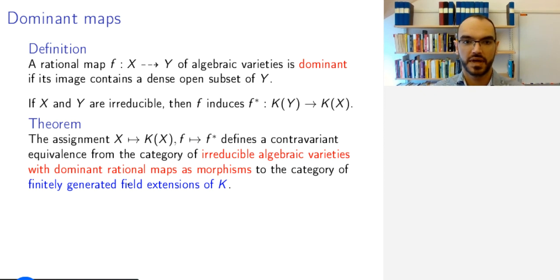And the reason why we know that these field extensions are finitely generated is that K(X), as we saw in the previous slide, is the field of fractions of some affine algebra. And so therefore it is a finitely generated field extension. This brings us to the definition